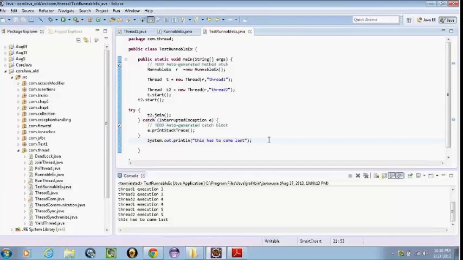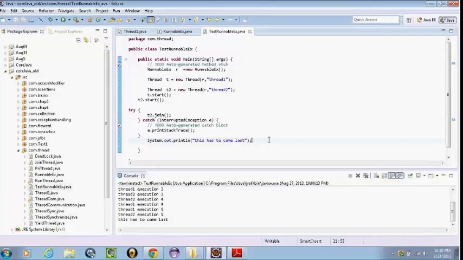Yeah, but if I want T2.join to wait for the execution of T, I can just call wait and give a random number. That's the only way. No, until sleep. Wait is something when, let's say, we are waiting on an object, right? When we are waiting for a lock, that's what happens.